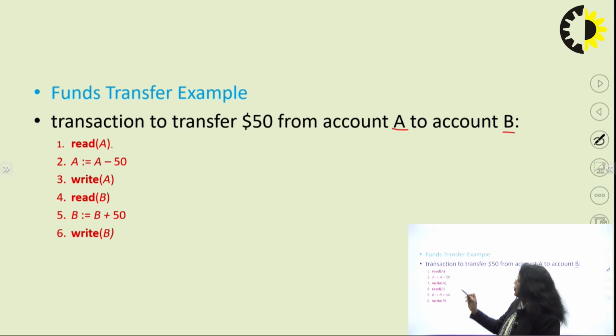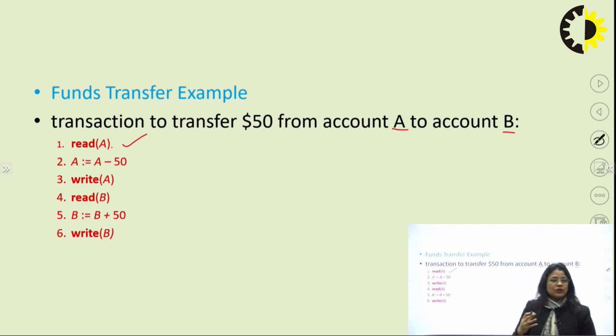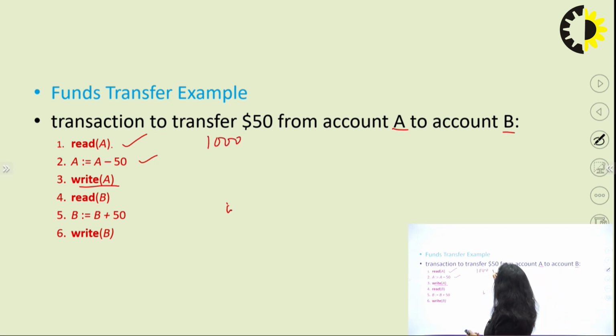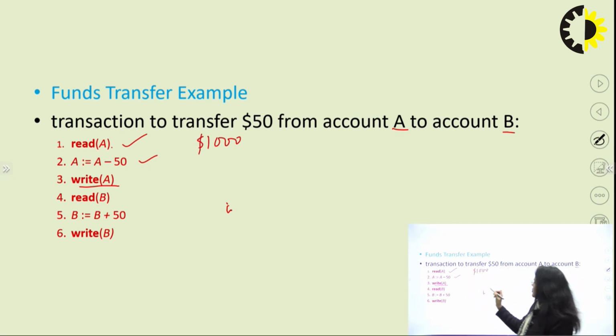First of all, we need to read account A, and as we want to transfer $50 from account A to account B, we are deducting $50 from account A, and then we are writing A. It means that if account A initially has $1,000, then after deduction of $50, it will be